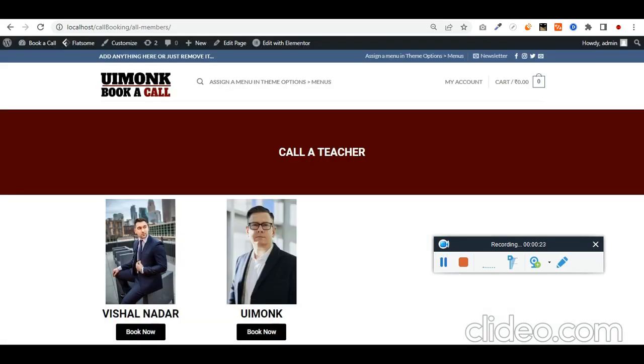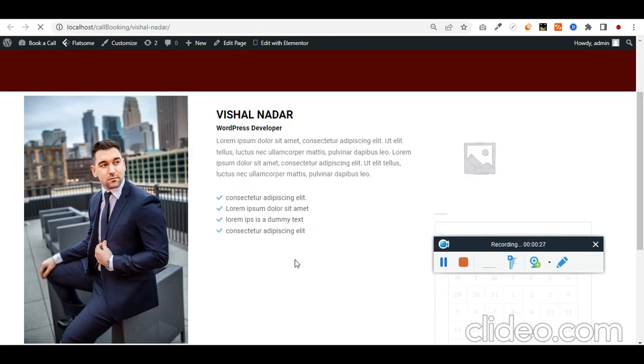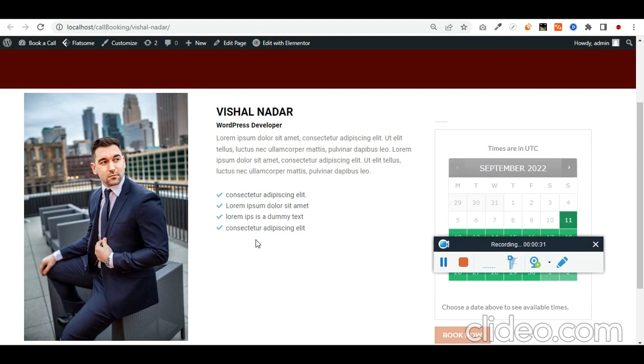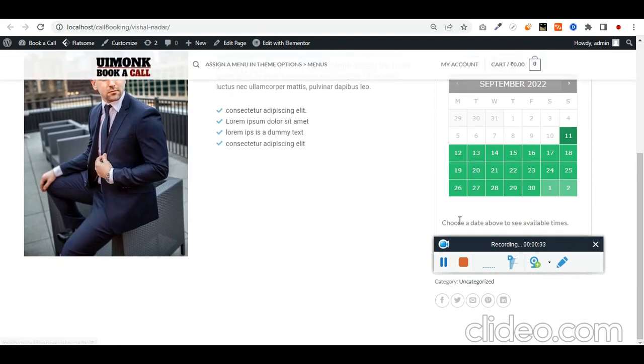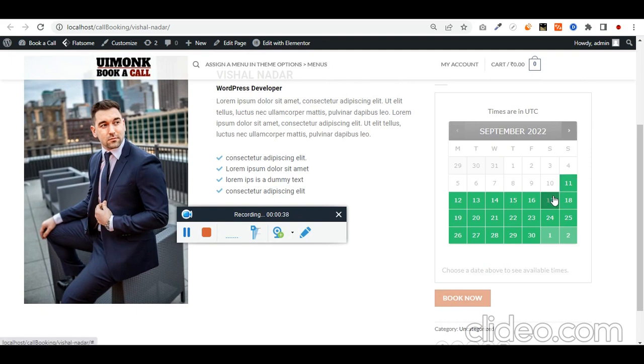If you click on the Book Now button, a page will open, and on this page you can see the image of the teacher, the description, and the qualification of the teacher, and you can book the slot here. If you see the slots, Saturdays and Sundays are blocked. That means no bookings are available. So if I choose one day,